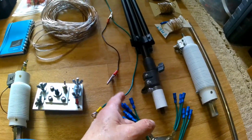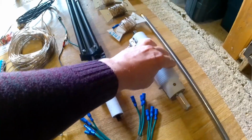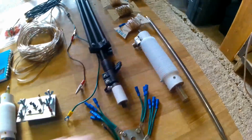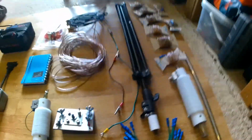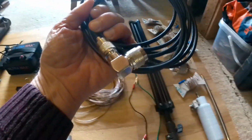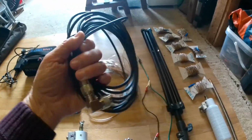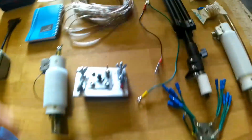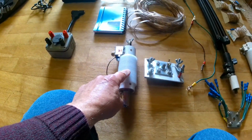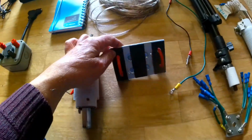When I'm on 20 meters, I'll just short out the loading coil. The bottom loading coil is not needed. That's a loading coil for other bands, really. Now, as well as this, I obviously need a coax, and I've got a coax here with PL259s which fit onto the coil, and then I've got another loading coil which is a smaller one, and I can use that one or that one. And then also I've got a bracket I made